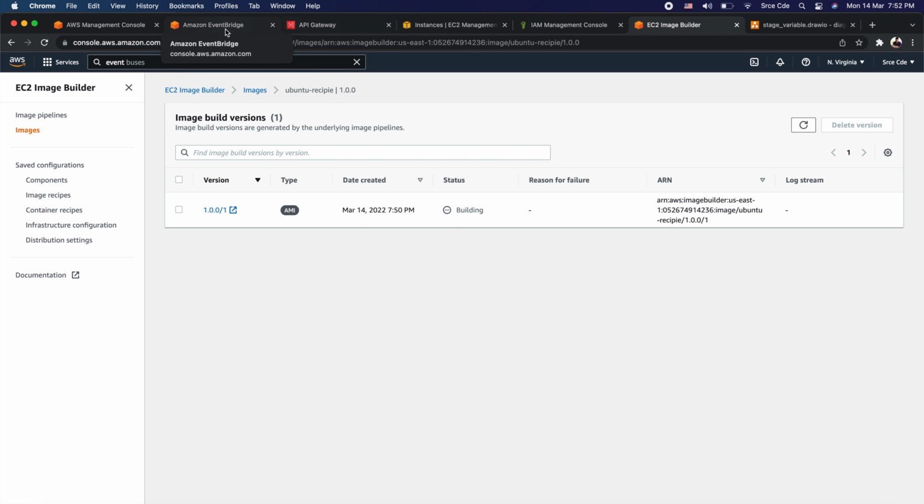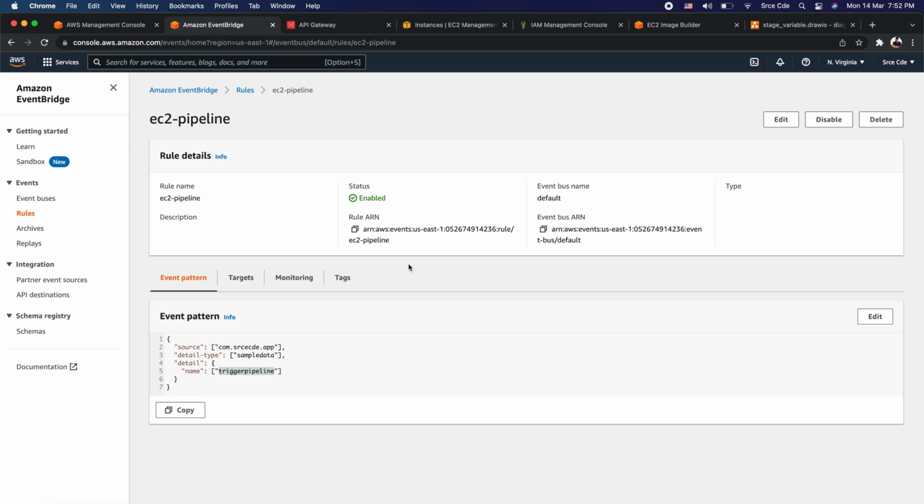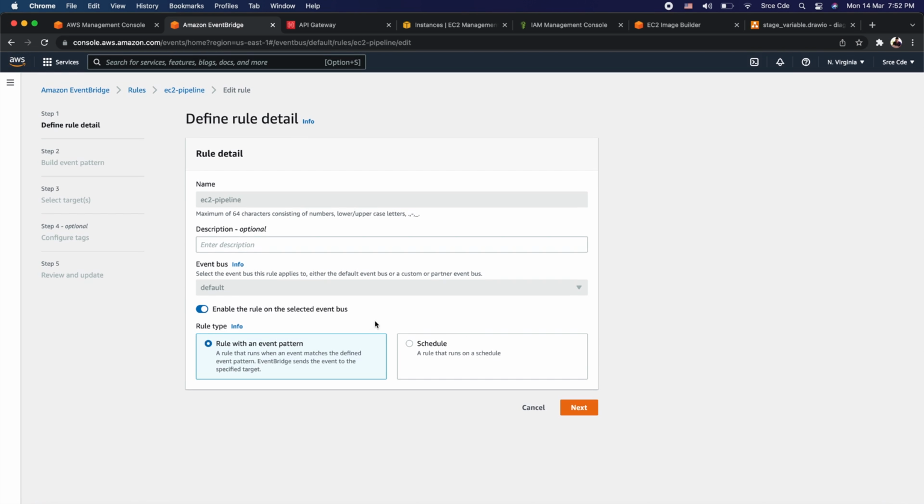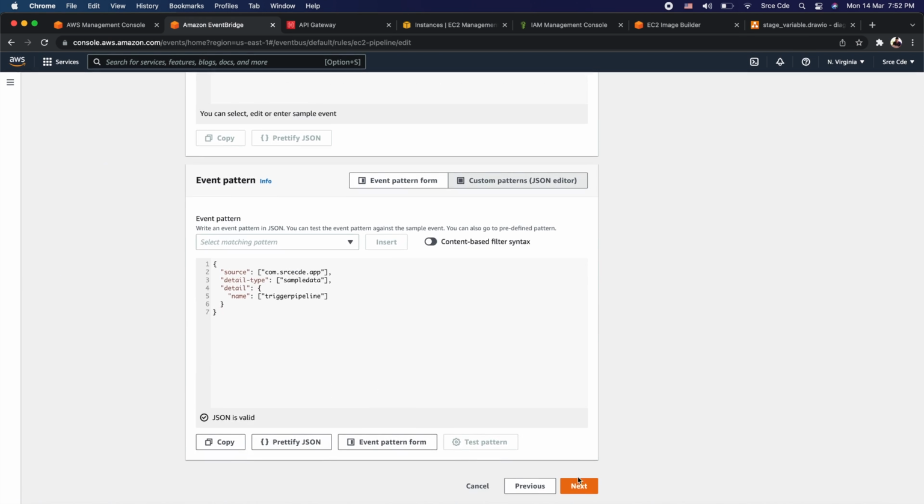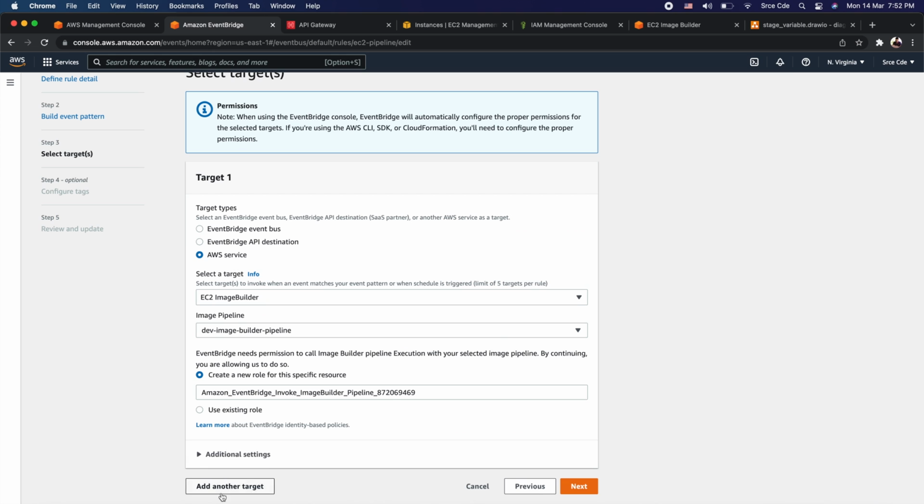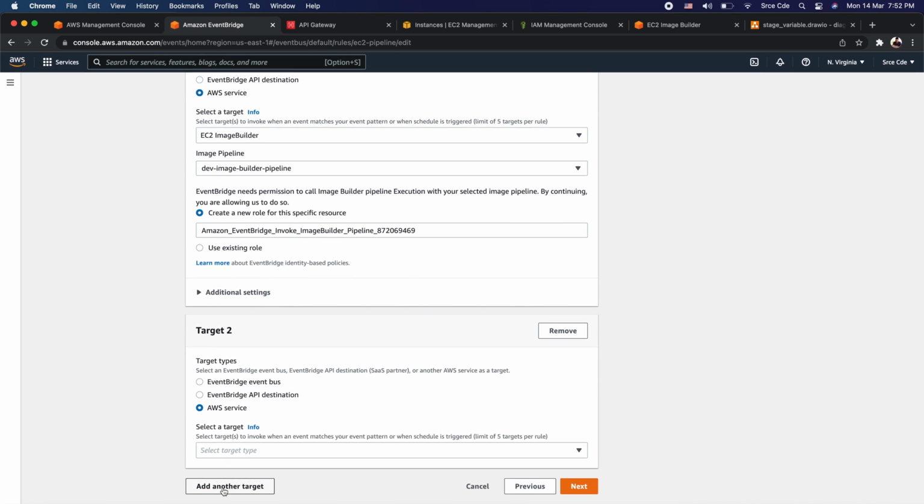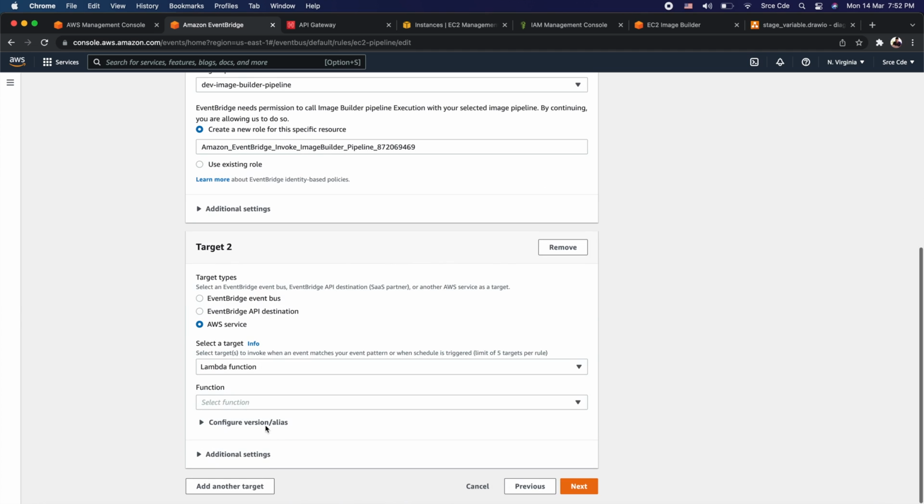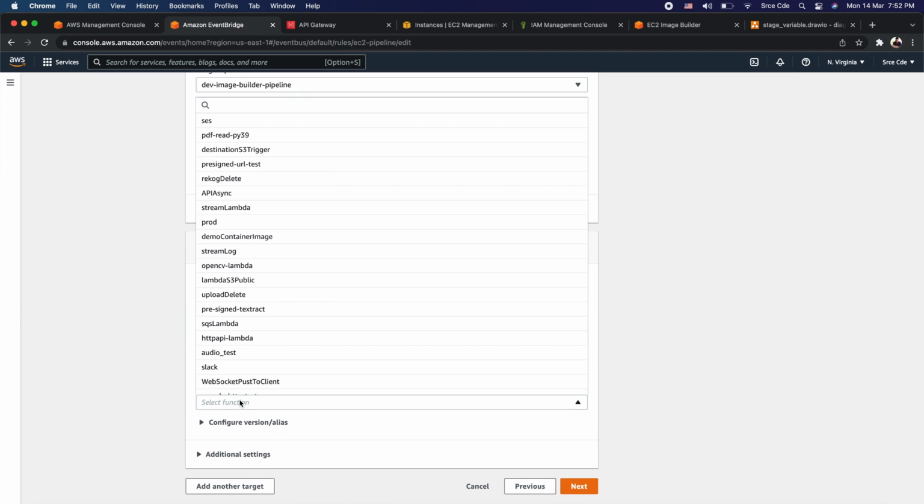But apart from that, let me also show you one more thing. Just to test this out, I'm going to edit this rule. Okay, and then I'm going to click on next and I will say next again. And here I am going to add another target. I would say I want to invoke the Lambda function. Okay, and I'm going to select the Lambda function which is named as